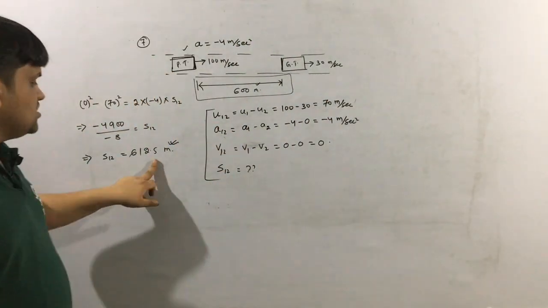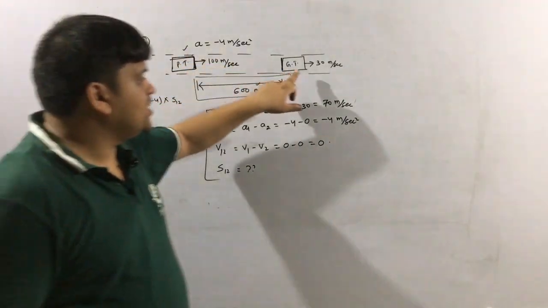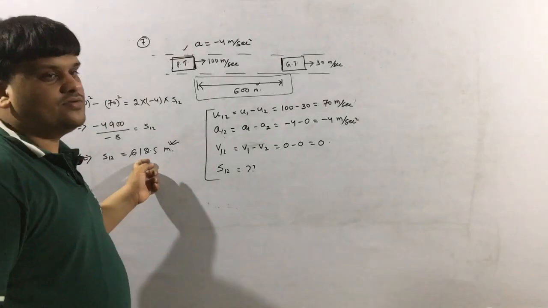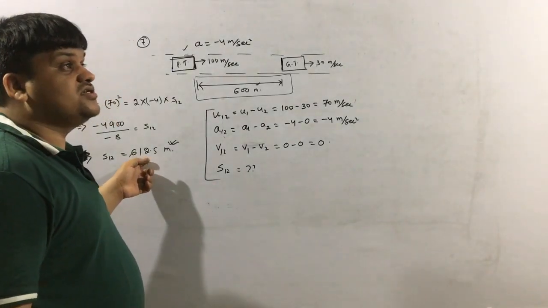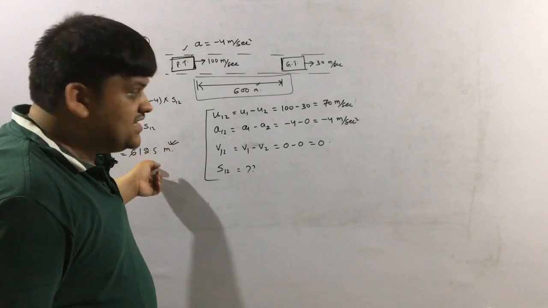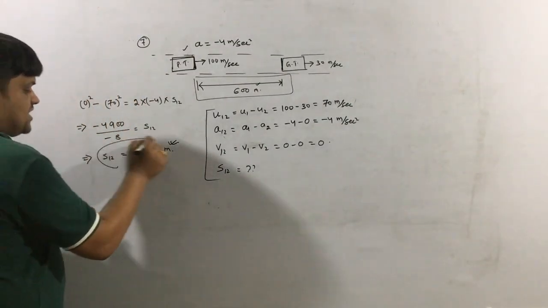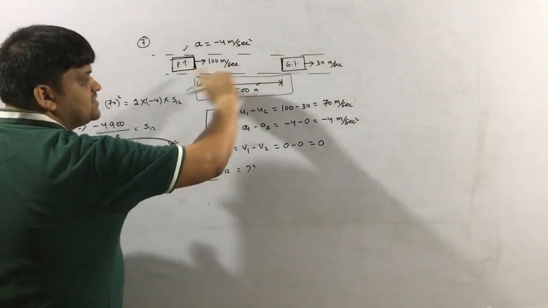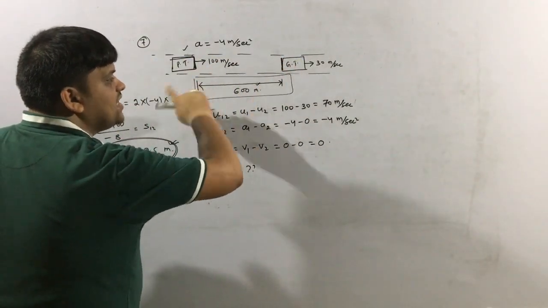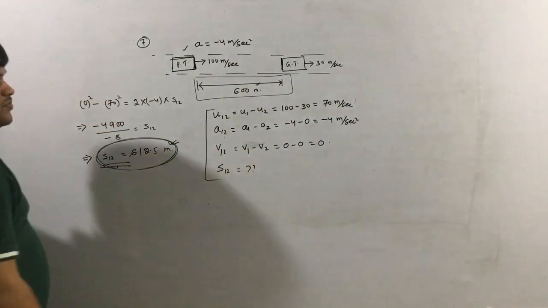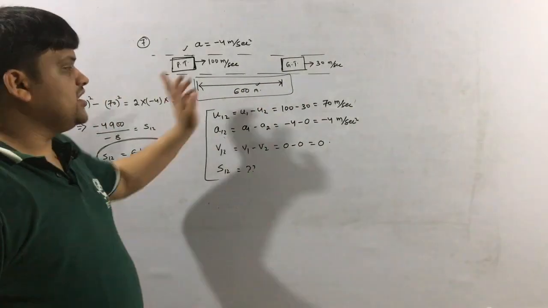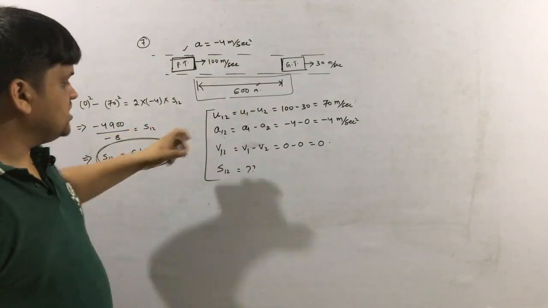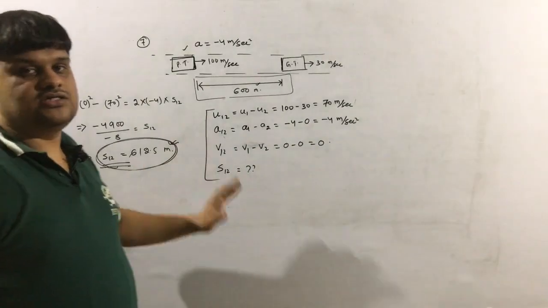Okay. So what is the distance? 612.5 means this train is going to overtake or hit this train at a distance of 612.5 meter. This is not the distance after which they are going to hit each other, this is S12. If the relative initial distance between them was 612.5 meter, then there will be an accident. Now what is the original distance between them? 600 meter, which is less than this. So obviously there will be an accident.